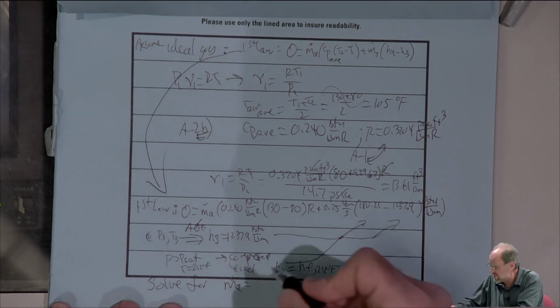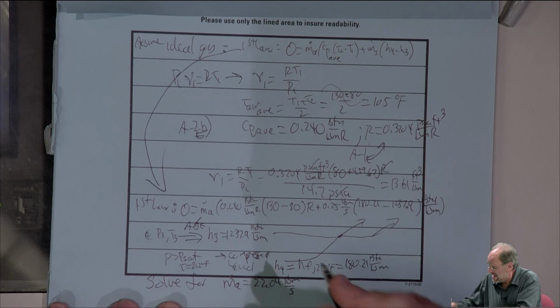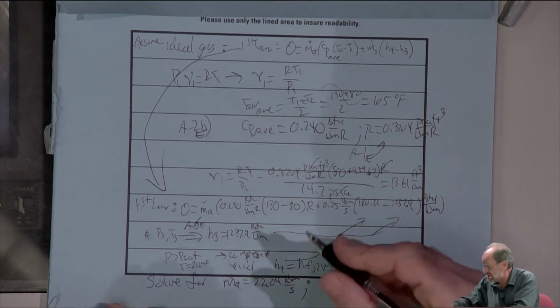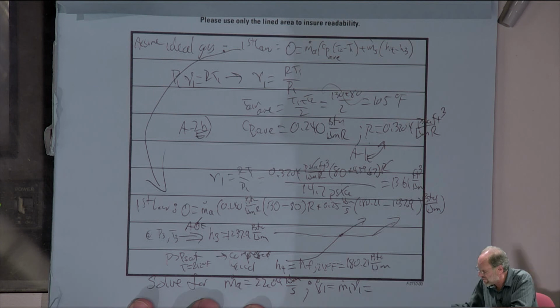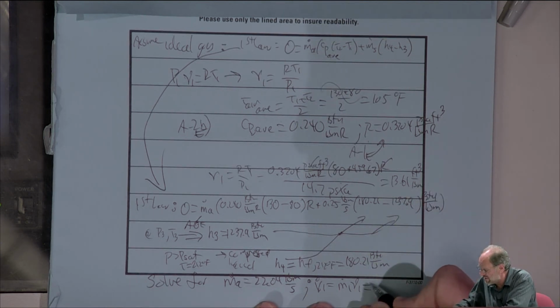And we end up with 22.04 pounds mass per second. And then lastly, we go back to our equation that says volumetric flow rate at 1 is the mass flow rate times the specific volume at 1. So we have these numbers now, right? They're both shown above. So we have 22.04 pounds per second